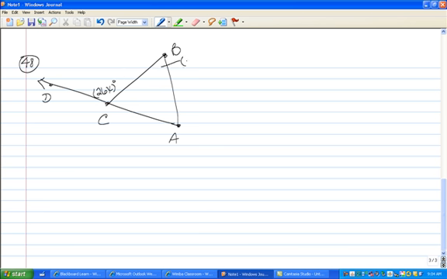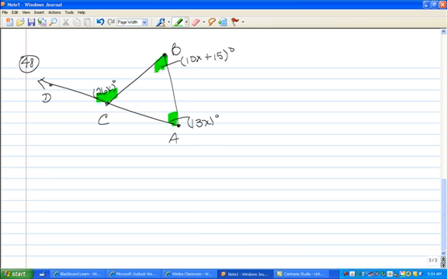The measure of this one is 10x plus 15. And the measure of this one is 13x. What we know about a triangle is that the sum of these two angles that I'm highlighting in green